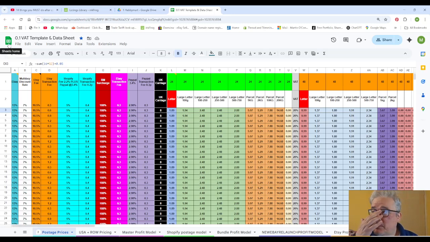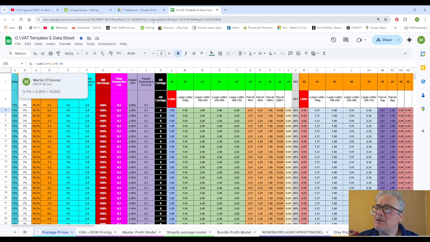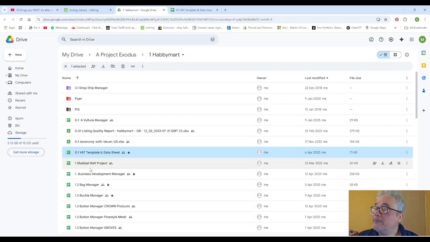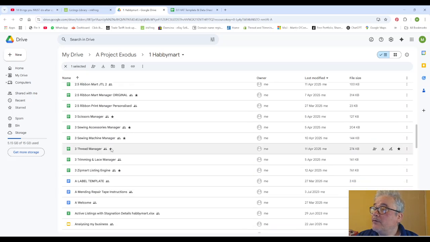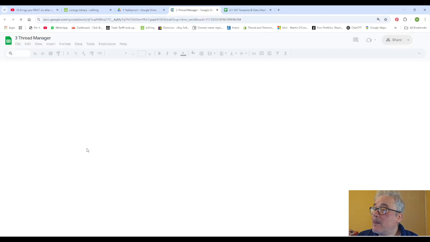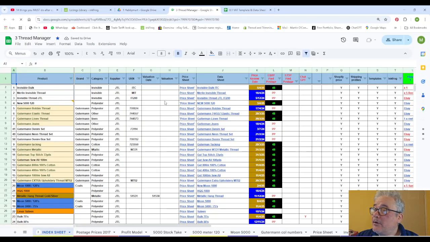So I'm going to get one up. Let's go to one where I know it's relatively tidy. Let's have a look at thread, right? So I come back here, and these are all my spreadsheets. And I'm going to go for the thread manager. Here we go. And here is a spreadsheet, a workbook more like, where I have a list of all the